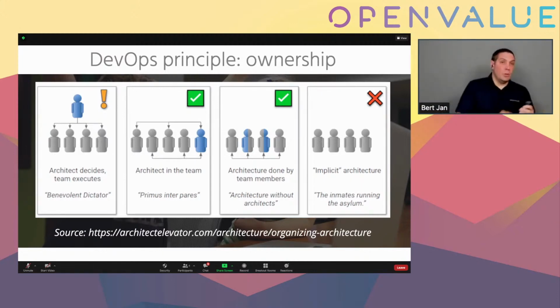And then there's the first one where there's an external architect making a design, giving it to the team. I say that this could work, but then there needs to be arrows up as well. So there needs to be a feedback loop from the team to the architect, and they still need to work together. And in the end, you'll end up more in the area of the second diagram here.